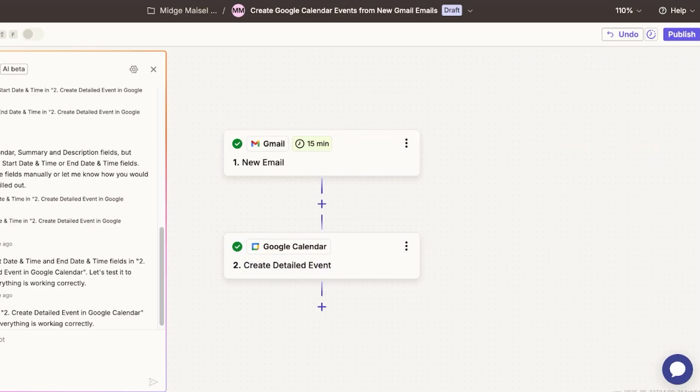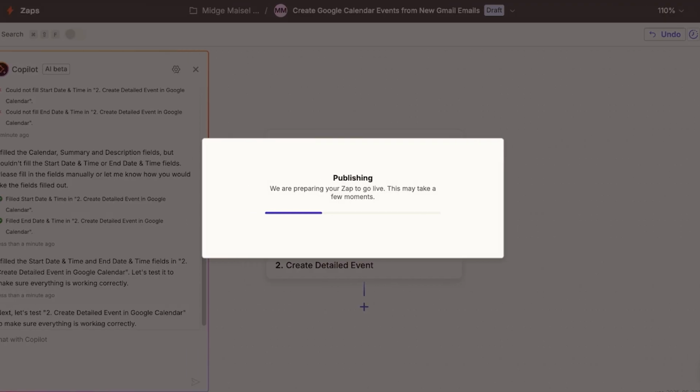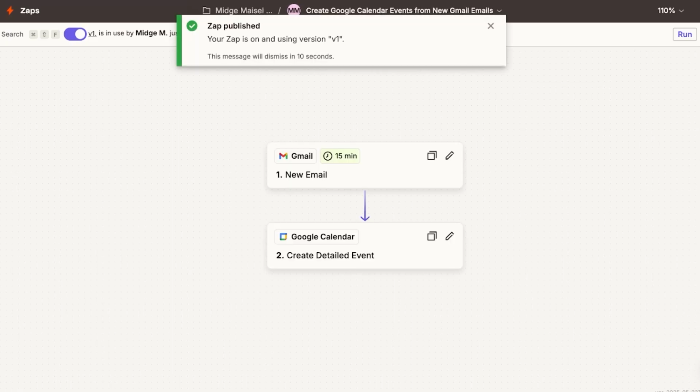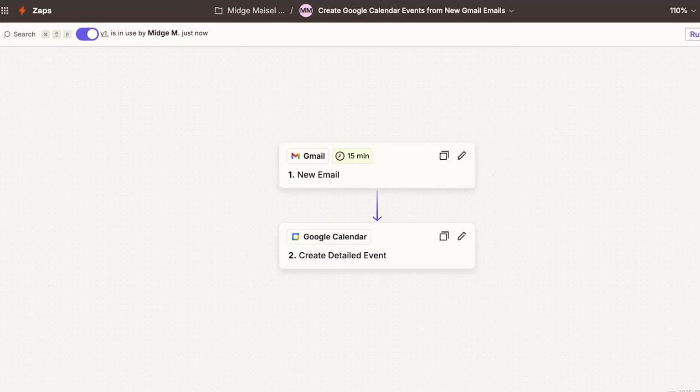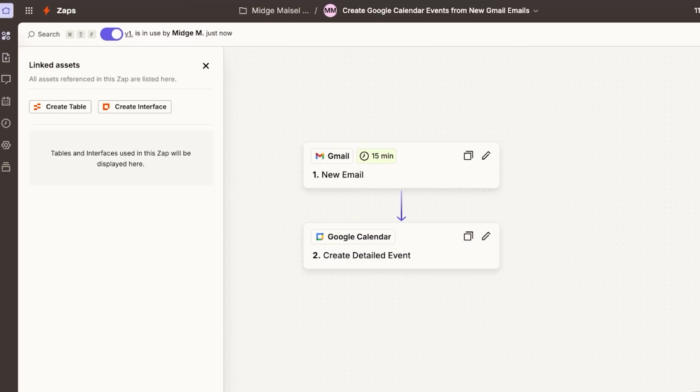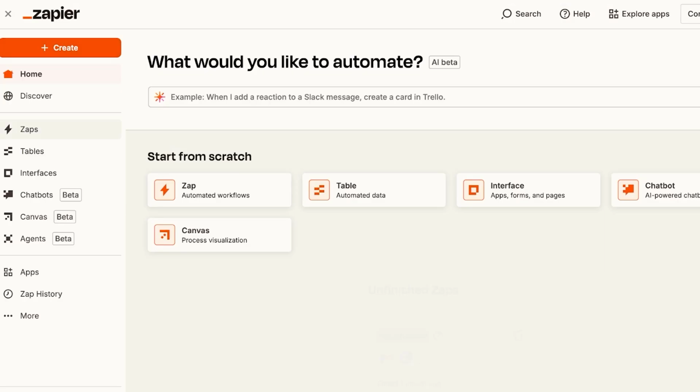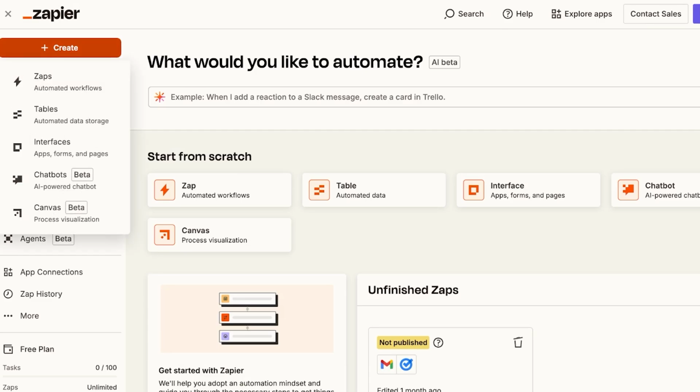Then you can click on publish on the top right to publish your Zap. And just like that, you are able to create detailed events from the inbox tasks that you receive. Now, these can be highly customized. So if I go back into my homepage on Zapier, I can click on create again, and then I can